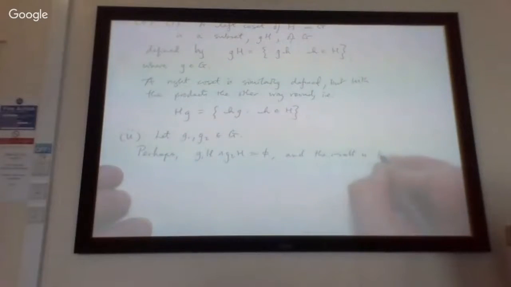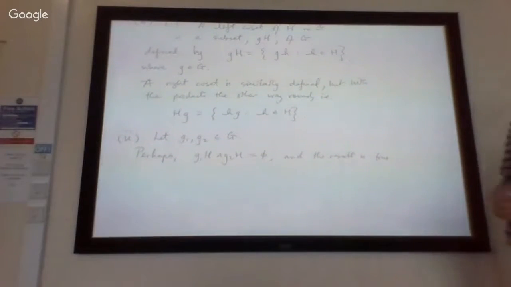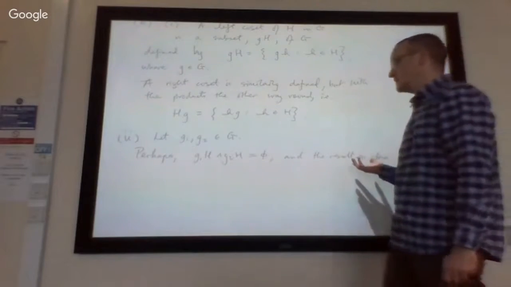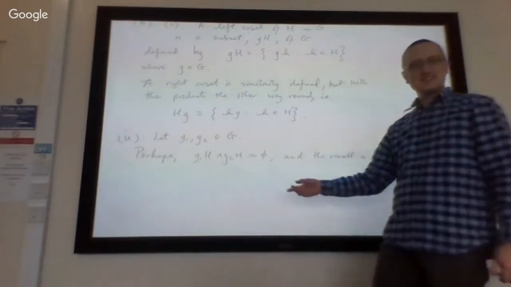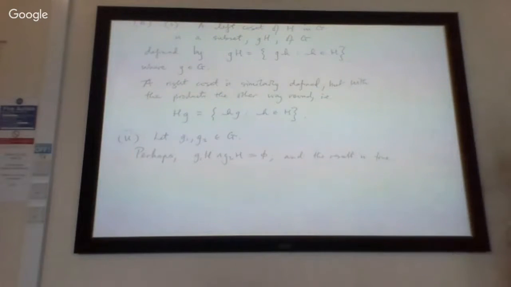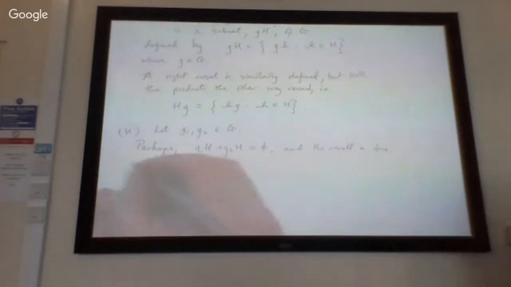And the result is true. So we only have to actually prove something if that isn't the case. Does that make sense? So if they are disjoint, you're finished. There's nothing more needed. So what is needed is if